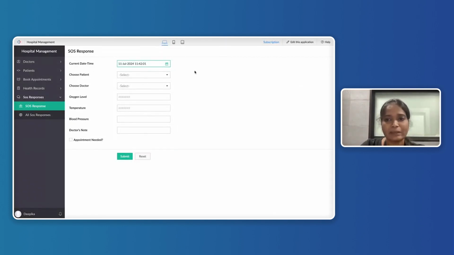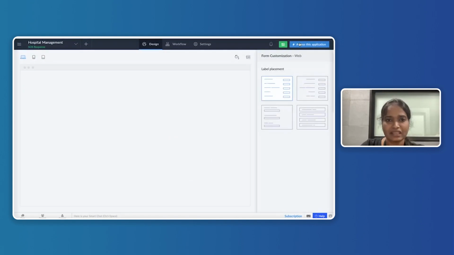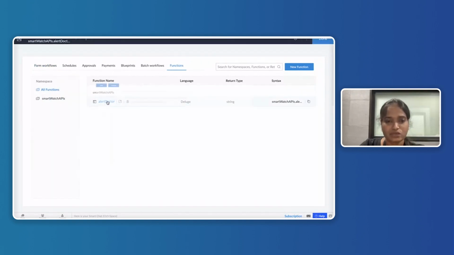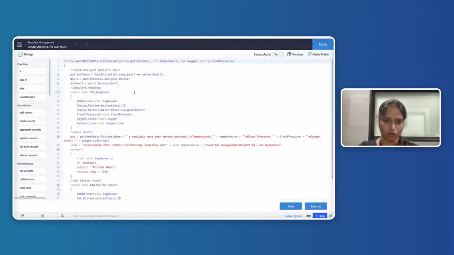Now let me go into the edit mode of the application and I'll show you which function we are going to expose as an API. So we have a function called alert doctor. This function performs